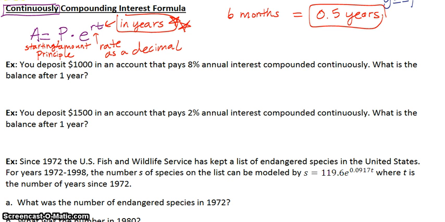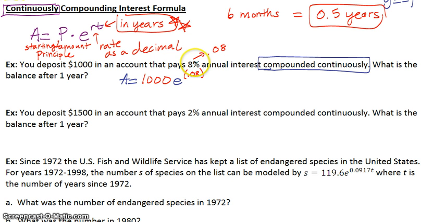So here's a few examples of this. You deposit $1,000 in an account that pays 8% annual interest compounded continuously. What is the balance after 1 year? This is actually quite an easy problem, but when you test on this, you have to be able to identify that if it says compounded continuously, you're going to specifically use this formula. So I'm going to plug in my starting amount, plug in my interest as a decimal,